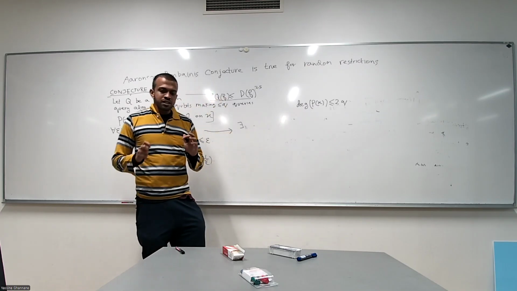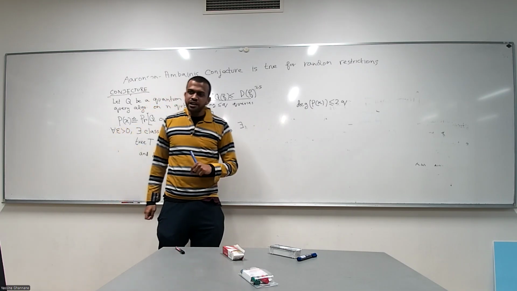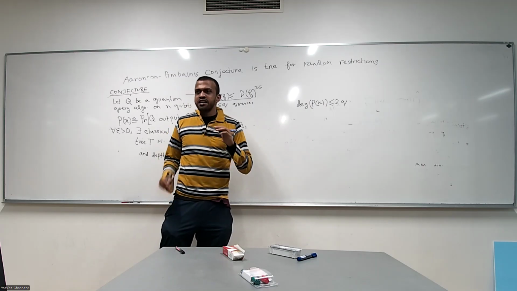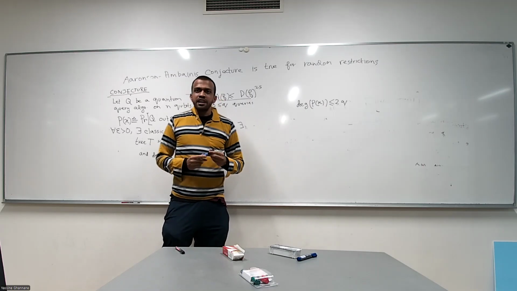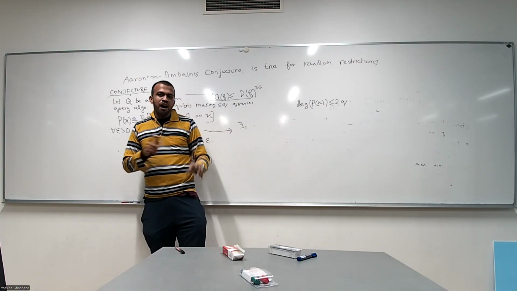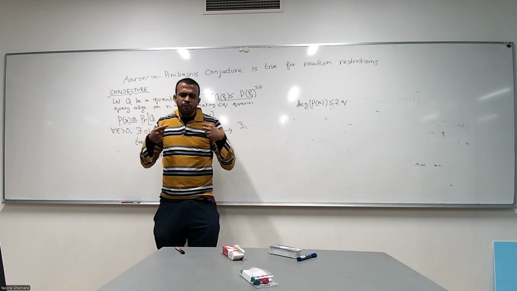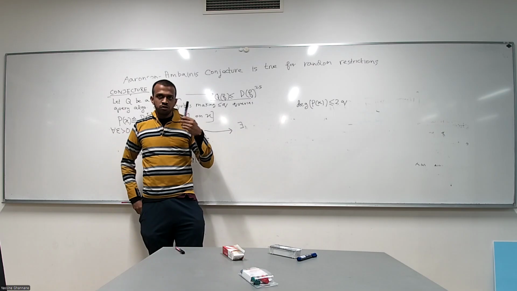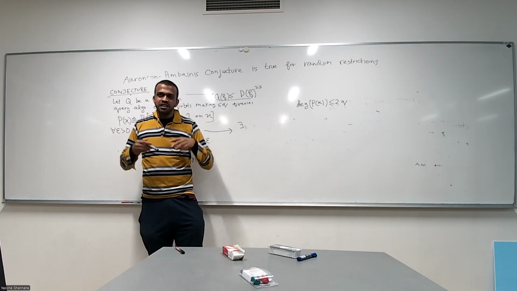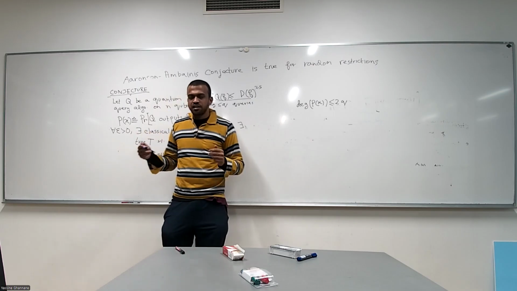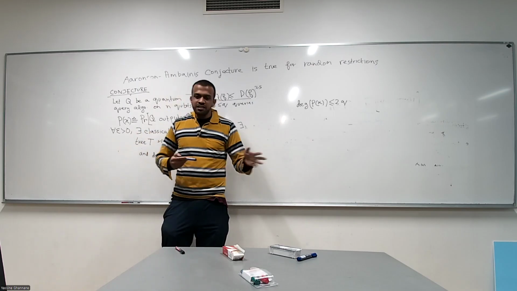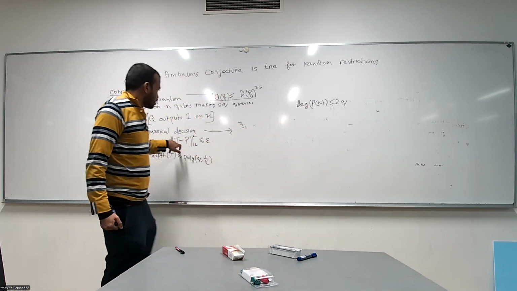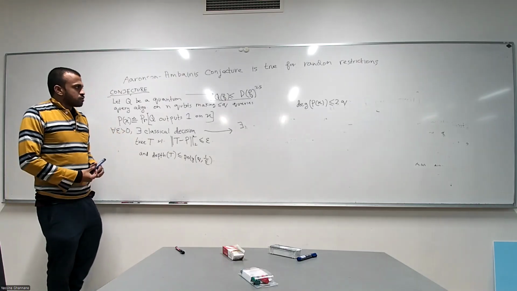And that's the result. The issue here is that Nisan-Szegedy is a very non-robust argument. It says that if your function value is bounded away from half at every point, then you can find a classical decision tree that computes it at every point. But even if your function is bounded away from half on most points, and on a small number of points it's close to half, we don't know how to construct a classical decision tree which approximates it on the points that are far away from half. So Nisan-Szegedy is not a very robust argument, which is why just from this we cannot get anything here. So we need something more.